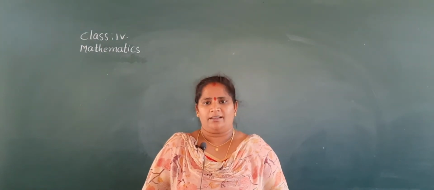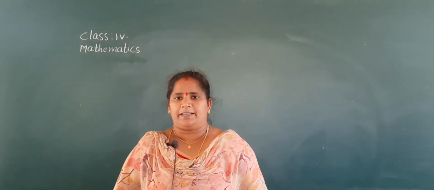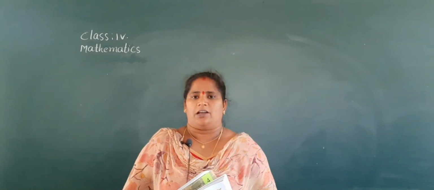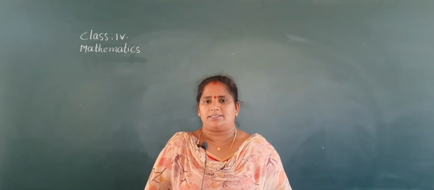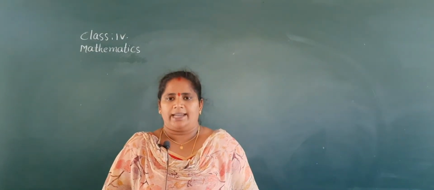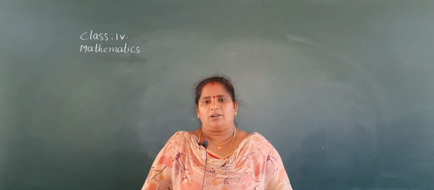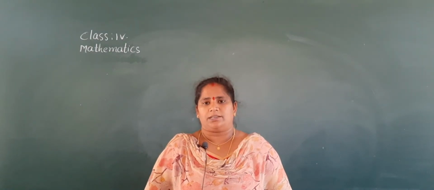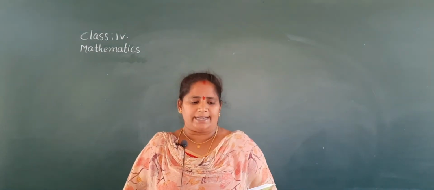Don't go outside. Okay? So in the previous class we completed the patterns in multiplication and the problem solving. That means word problems. Okay? So once again we revise those concepts. After that we will go to exercise 3E, children. Okay, get ready with your books. All of you take out your Max textbook and classwork. And listen for 5 minutes, don't write anything.